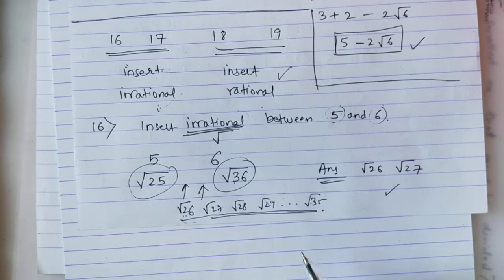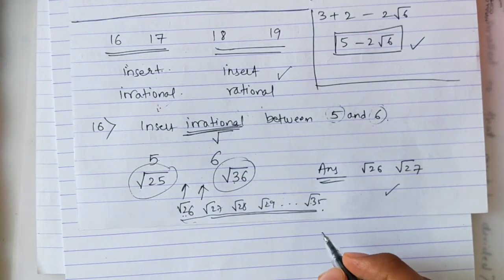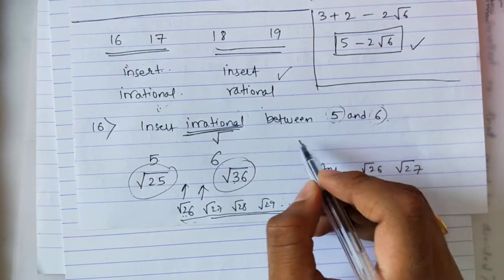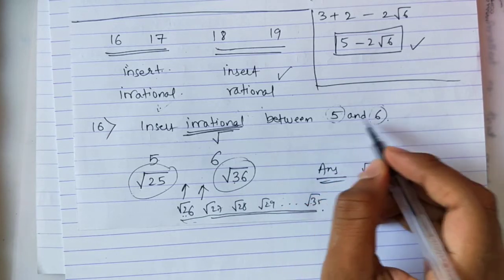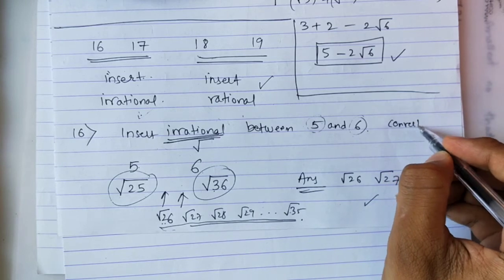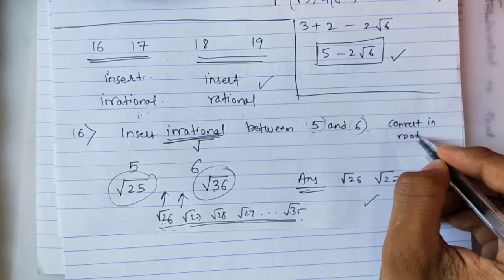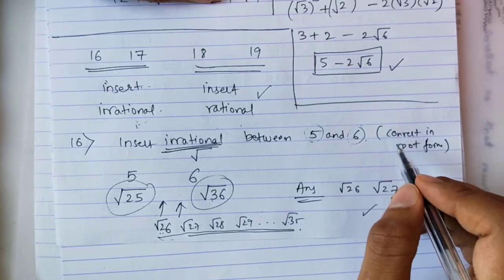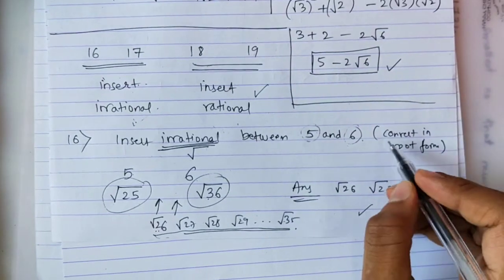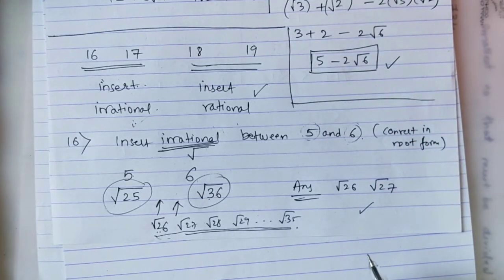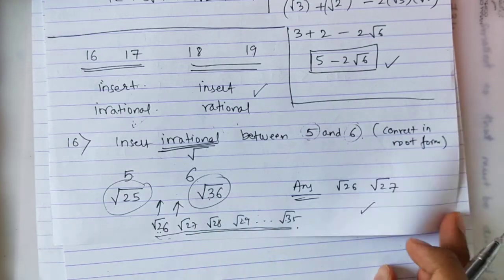Okay. Copy this. Besides the question, see where you have the question number 16 written, there is some empty space after 5 and 6. Write there, convert in root form. In the brackets, in the textbook only, beside the question number 16, write convert in root form. So when you revise, you will recollect this hint. So question number 16 is done.